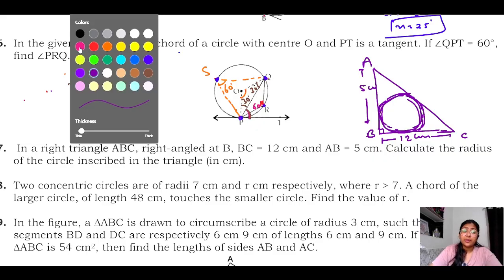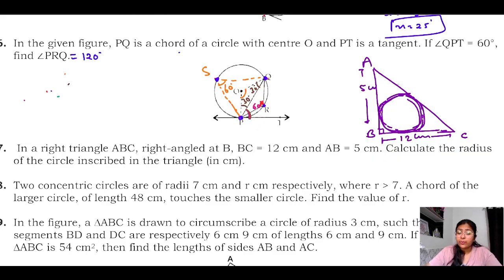Yes, learners, can you tell me the length AC? Yes or no? Yes, with the help of the Pythagoras theorem, we can find the length AC. We need to find the length of the radius. The radius and tangent are perpendicular to each other. This point will act as the point of contact of the radius and the tangent. Yes, similarly, this is also 90 degrees. If this is 90 degrees, this remaining is also 90 degrees because angle B is 90 degrees. So this is also 90 degrees.